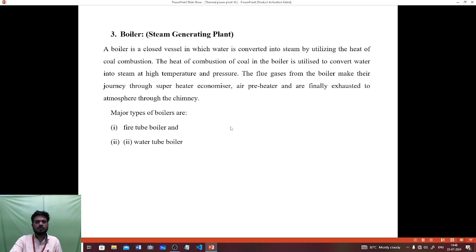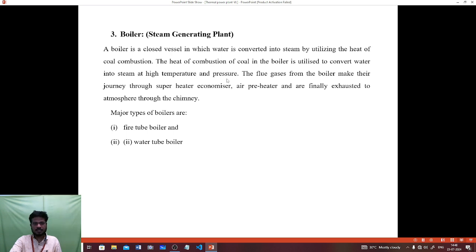And now we are going to see about the boiler, the steam generating plant. The steam is generated and the power is created in a boiler. A boiler is a closed vessel in which water is converted into steam by utilizing the heat of coal combustion. The heat of combustion of the coal in the boiler is utilized to convert water into steam at high